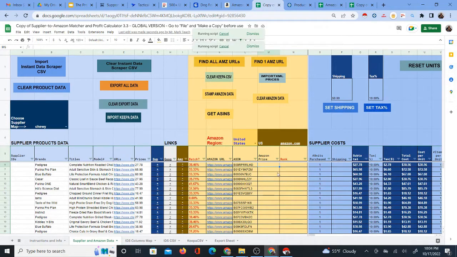Okay, I'm going to go ahead and import the Keepa data, which will just pull the prices and whatever else I just downloaded from Keepa. And I just have to wait. It just uses formulas to do this. These are Excel formulas that are used,